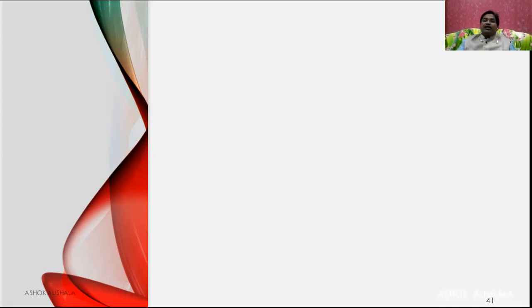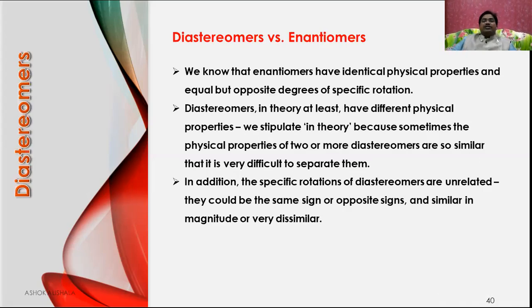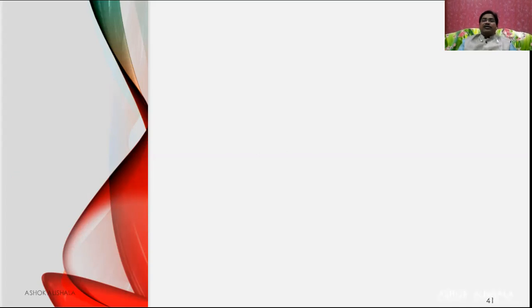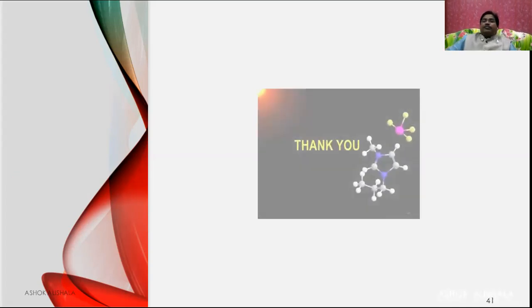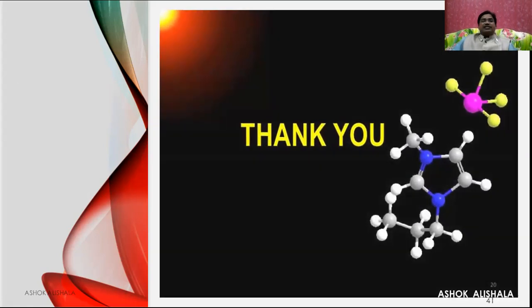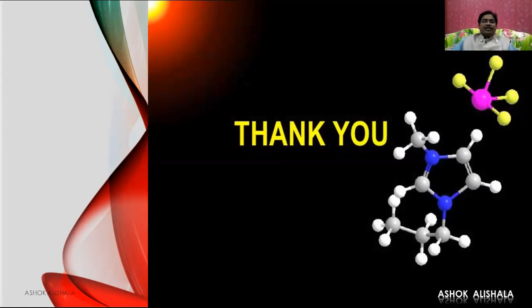With this, I hope you understood about diastereomers and enantiomers and what the differences between them are. What are the differences, and how do they differ in physical and chemical properties? What are the reactivity and the pharmacological effects of enantiomers and diastereomers? We discussed in detail. I hope you understood clearly, and let us complete this session with this discussion.